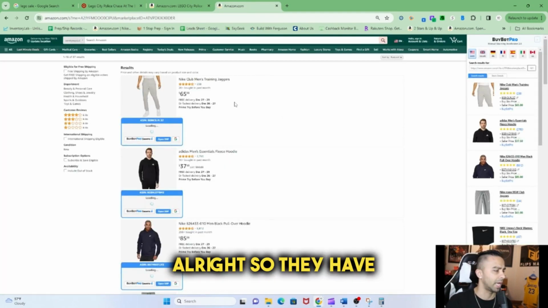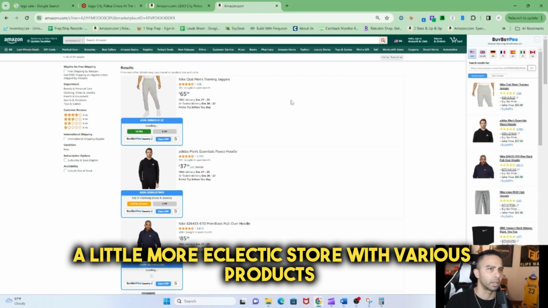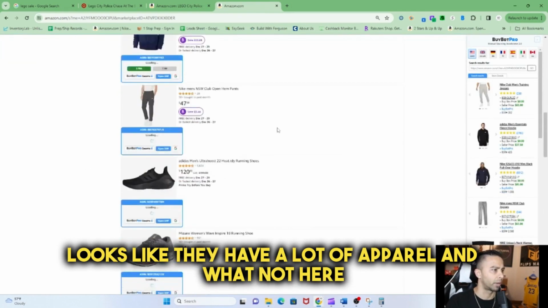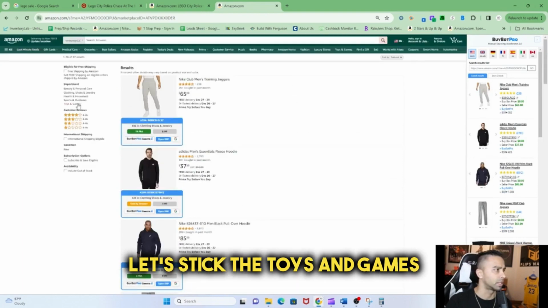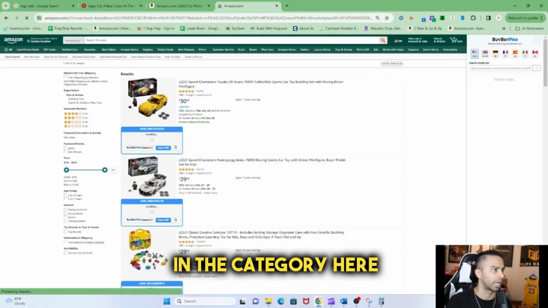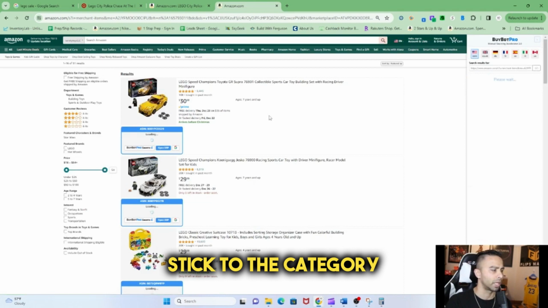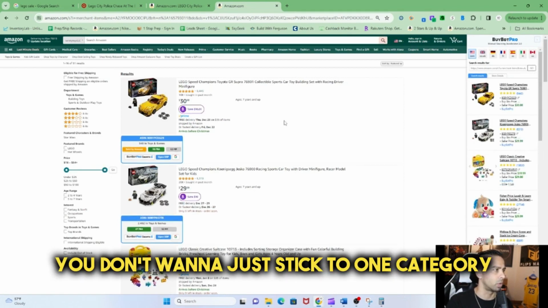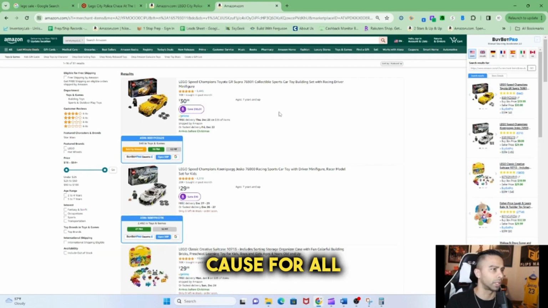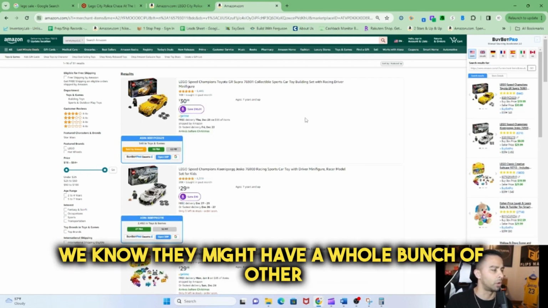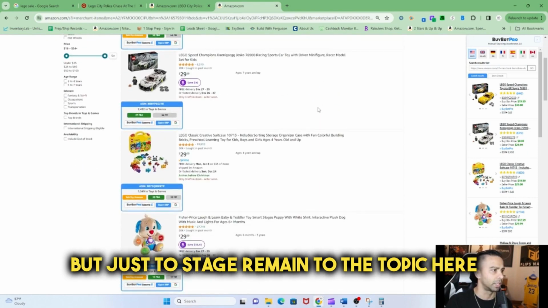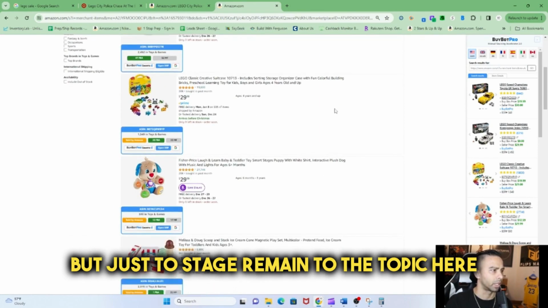All right, so they have a little more eclectic store with various products. Looks like they have a lot of apparel and whatnot here. Let's stick to toys and games in the category here. But again, you don't want to just stick to one category. You want to check all, because for all we know, they might have a whole bunch of other profitable products in other categories. But just to stay germane to the topic here, we're going to